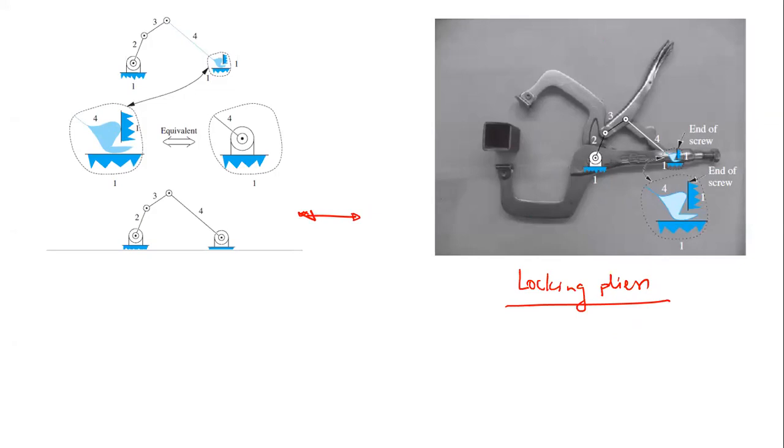So ultimately, if you observe very carefully, if you model this locking plier, these are the kinematic diagrams which have been shown sequentially. So finally, you will find out that a locking plier is nothing but a 4-bar kinematic mechanism, right? So it consists of 4 links which are connected by revolute pairs. So we all know that the degree of freedom of this mechanism will be equal to 1, right?